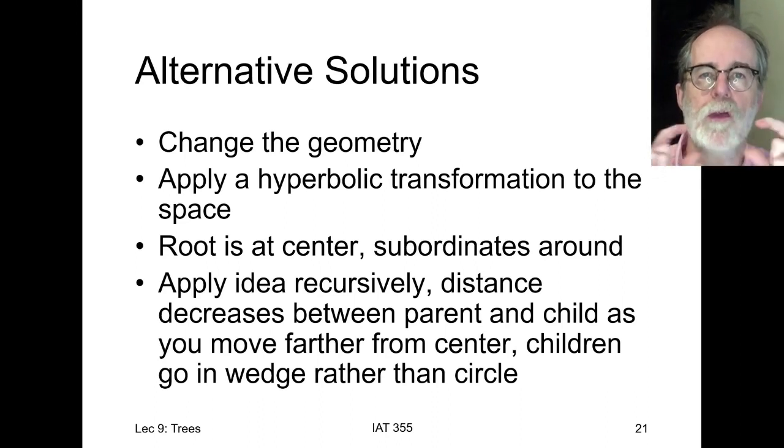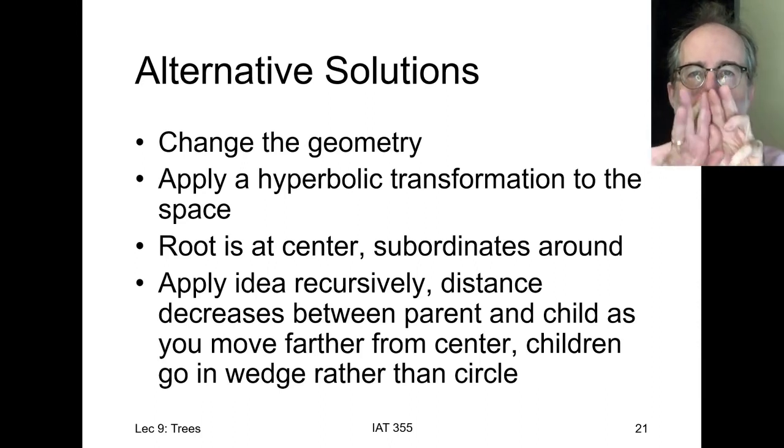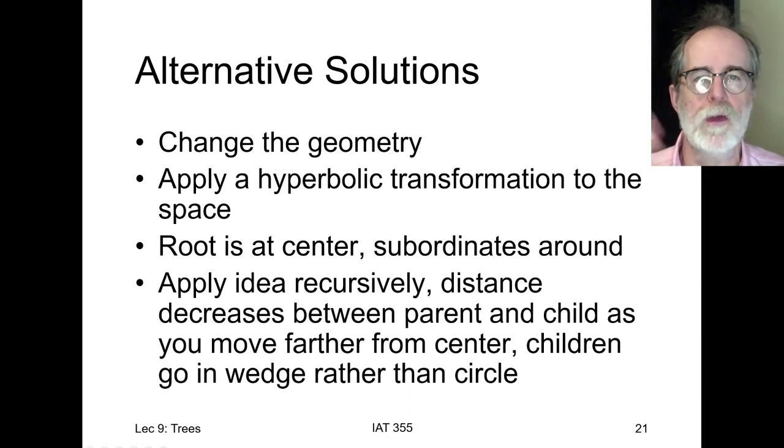Basically what it does is it expands the middle and shrinks the periphery. And it also does something else which hasn't been done in the previous tree layouts, and that is it puts the root node at the center of the drawing, at least to start with. And all the nodes expand radially from that center. So the root is at the center, all the subordinates, all the descendants are around it,